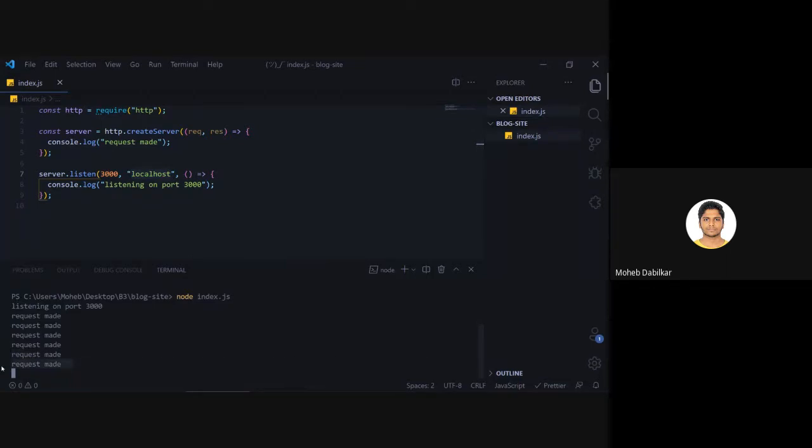Now we'll be working with this when we are hosting our website. We will not be using our localhost. We will be creating our server on a virtual machine, so at that time I will explain to you guys what changes are required. But yeah, this is just the basic way to handle your server. Now you just don't want to do stuff like this.